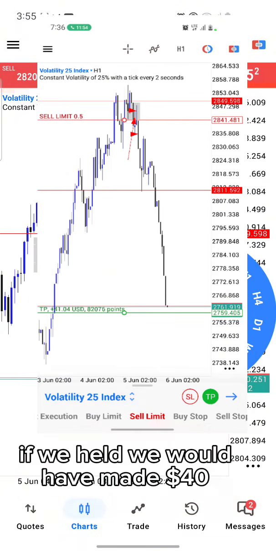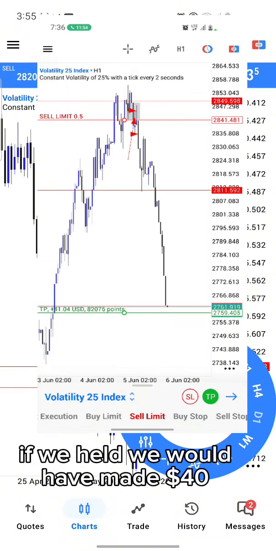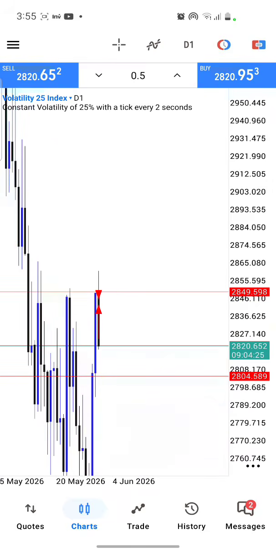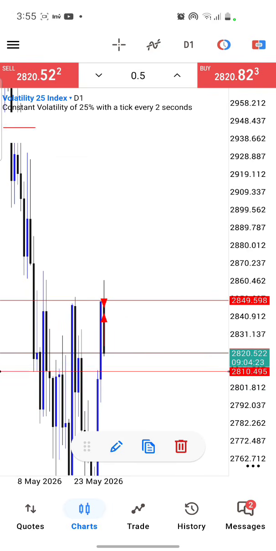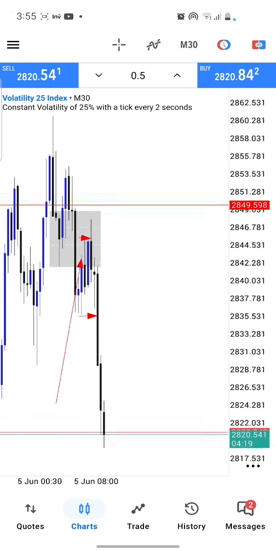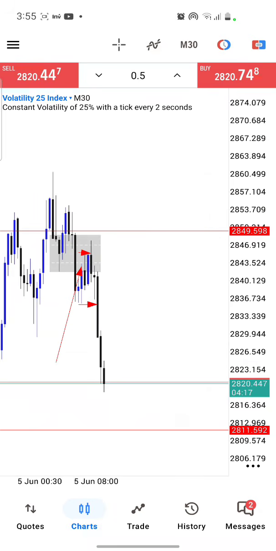Our TP is at the daily low, or more like the week before the daily low, and I said 80%. So that is it, and I'm about stepping out. That is our take profit right there. So as you can see, it's almost there for our take profit, and it might continue going down. It does none of our business. That was exactly how I caught this trade. Simple, using the same strategy over and over and over again.